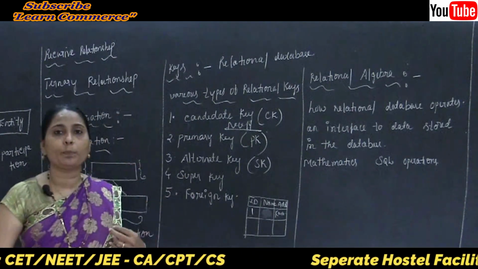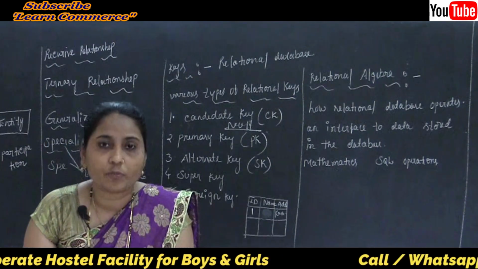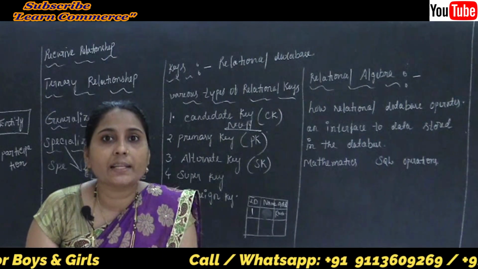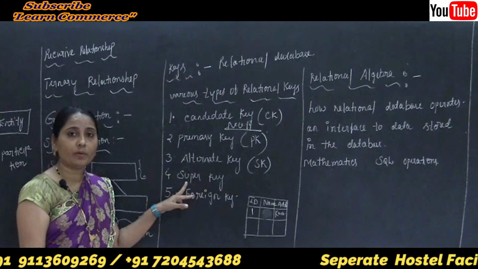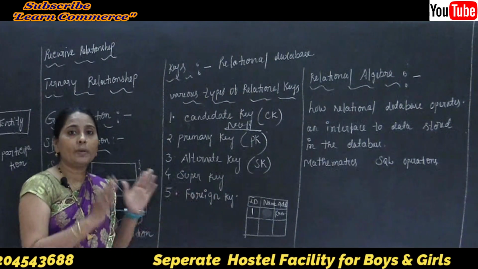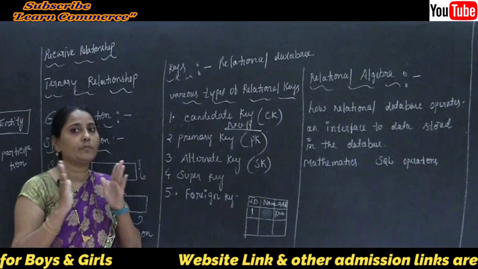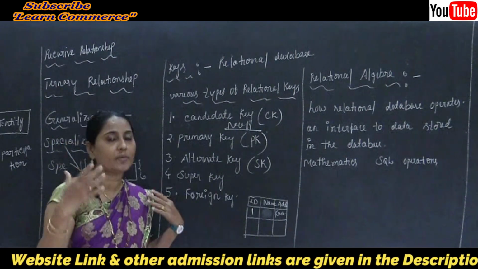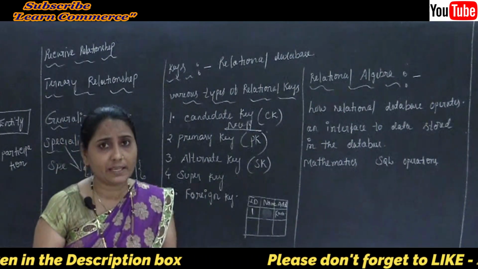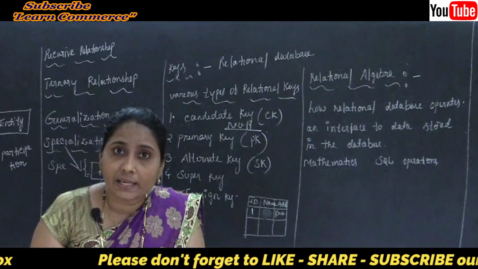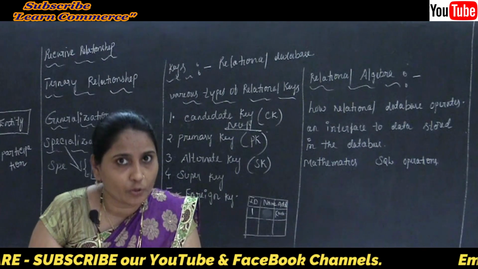Now let's talk about our super key. What about the super key? Basically it is a set of columns for which no two rows share the same value for those sets. Whatever columns are there in the table, maybe 1, 2, 3, 4, 5 columns, and in every column we use different kinds of values, such values are not going to repeat here. So this one is called the super key. Basically, a set of columns for which no two rows share the same values.